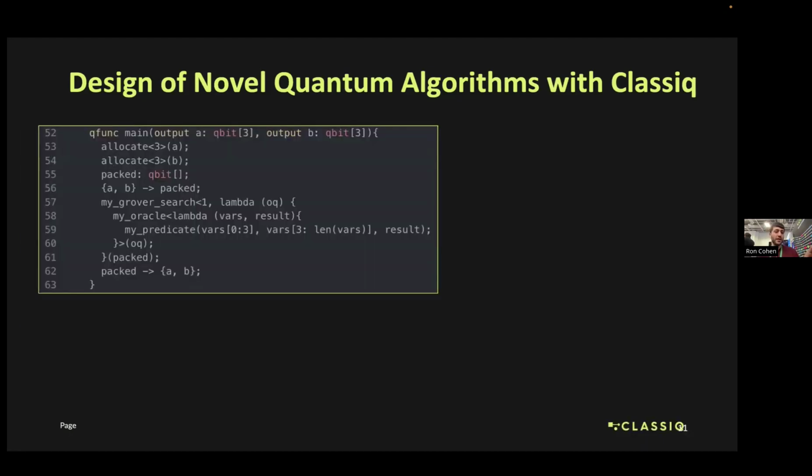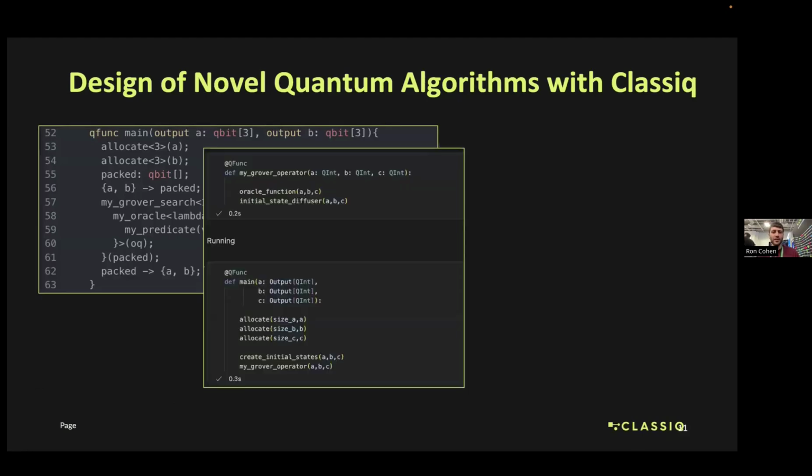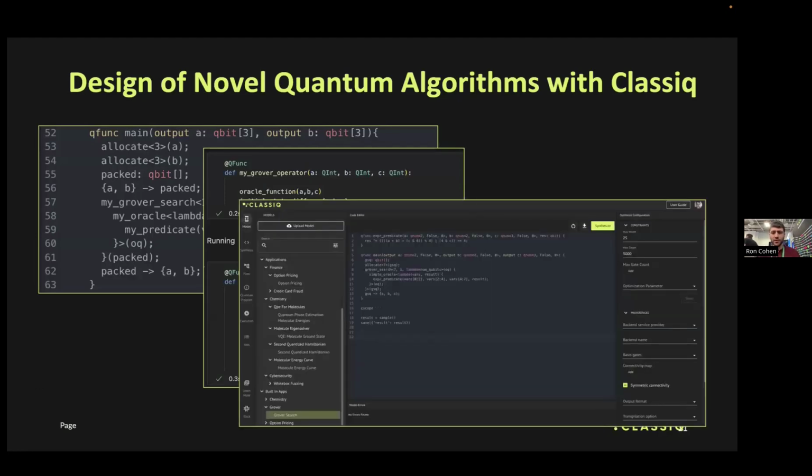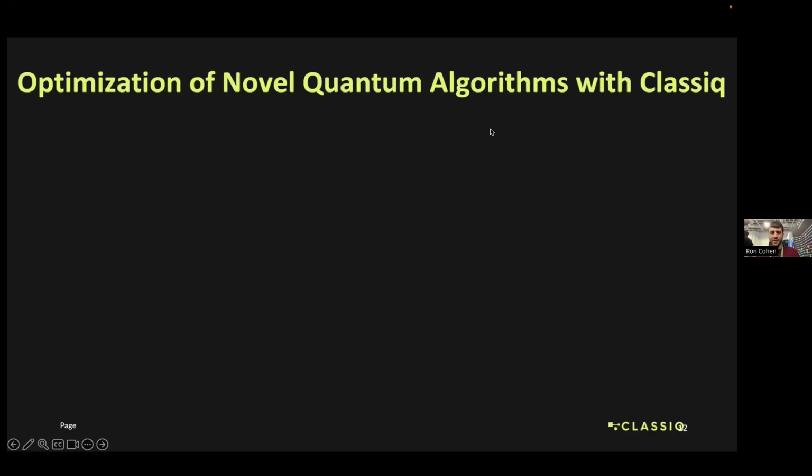Now, let's take another example, like the Grover search algorithm. In a Grover search, we could also do it in a QMod native way. You can define an oracle at a high level. You could do it in the Jupyter notebook, and you could do it in the graphical interface, where you could choose Grover, and there's a built-in example that you can play with later and see. Now, once the user defined what he wants to do rather than how to do it, the implementation,